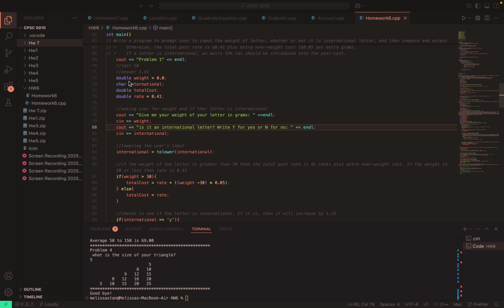Okay, so we have some variables here. We have weight, international, which I just call char and set to character, total cost and rate. I prompt the user and ask, what is the weight of the letter? And also tell me if it's an international letter. If it is, just enter Y or N. It doesn't matter if they use uppercase or lowercase, because after getting the input of weight and international, I went ahead and lowered it,